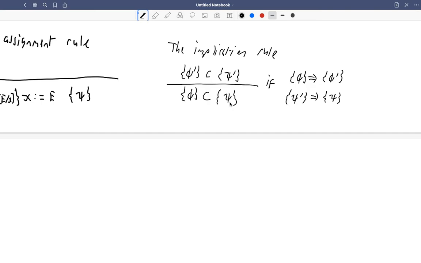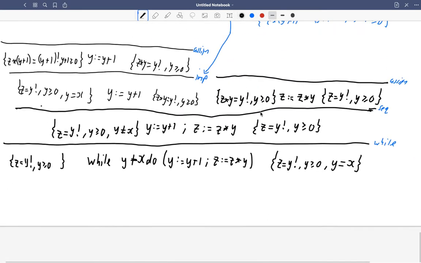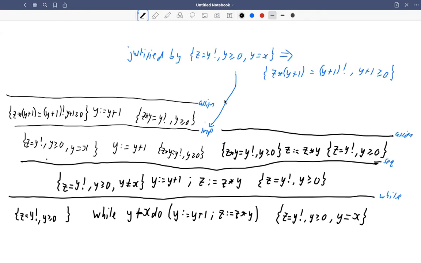So this is a correct rule, and it's a very important rule in Hoare logic because it allows us to change the property we've got in order to get it into the form that we can use the rules. So in this case, we used the assignment rule to derive this, and then using the implication rule, we massaged it into the form we needed to below use the sequencing rule,